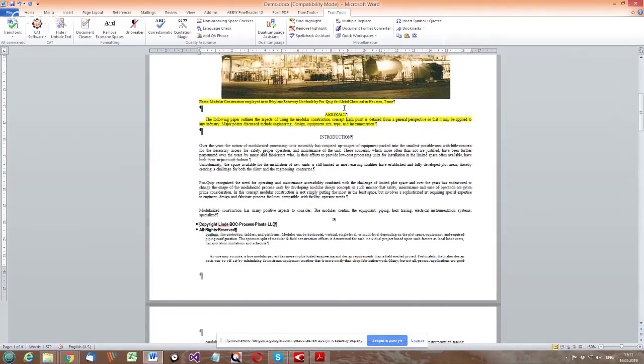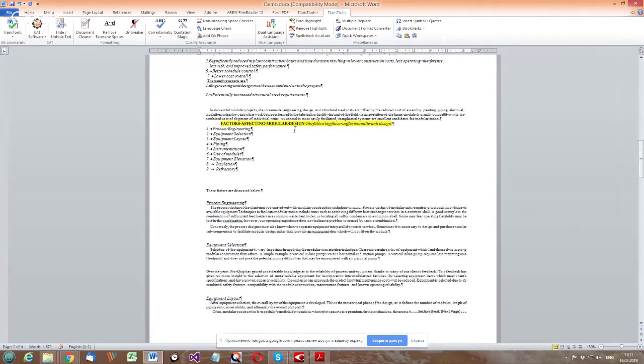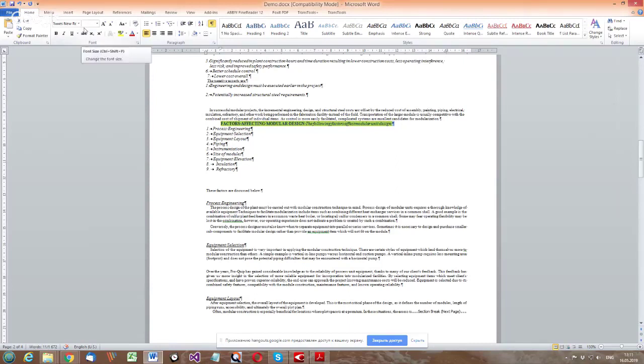Now let's go through the rest of the document and see the highlighted areas. Here there is a paragraph highlighted in yellow. It means that the text in this paragraph has several different font sizes, font colors, or fonts. Let's select this paragraph and go to Home, and we can see that the font size field is empty. It means that there are different font sizes, and I can see there is Times New Roman 7 here, and here it's 7.5.